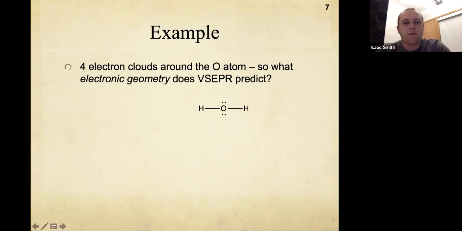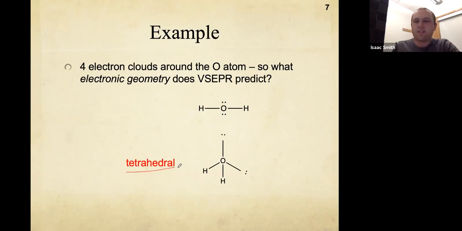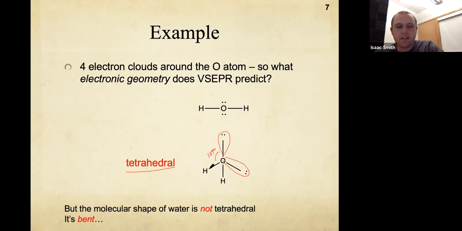All right, so 4 electron clouds around this oxygen, right, from the example before. So we know that this is a tetrahedral shape, right? We talked about if there's 4 electron clouds, it's tetrahedral, and each angle is 109 degrees, okay? This is kind of showing a bond to the lone pairs just to illustrate it, but really it just has a big electron cloud kind of sitting out like this for the lone pairs, okay? But anyway, those are 109 degrees away from each other. So the molecular shape of water